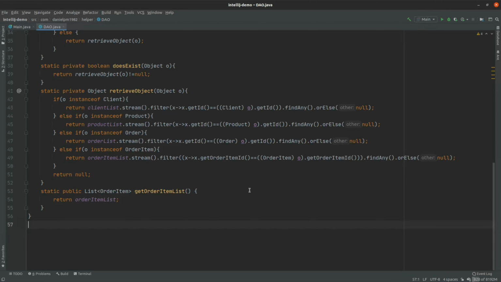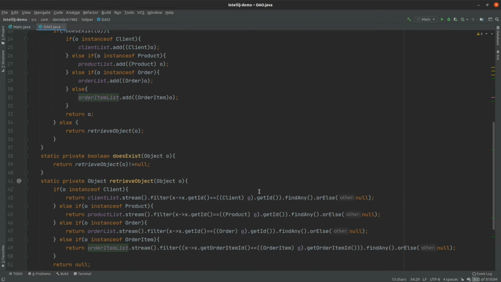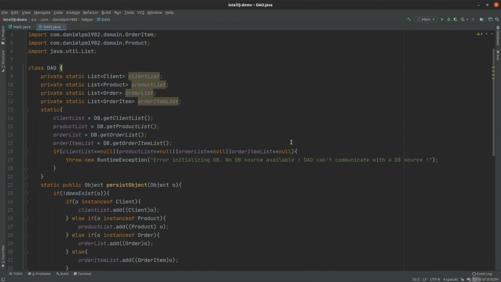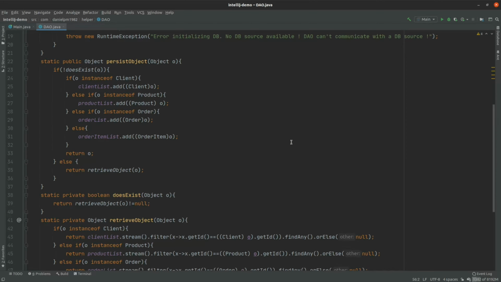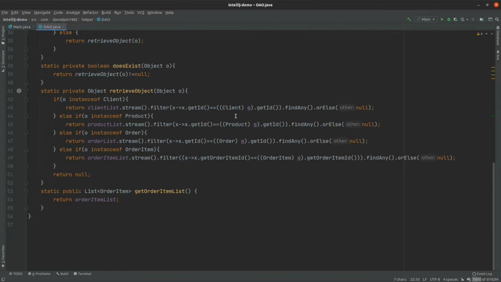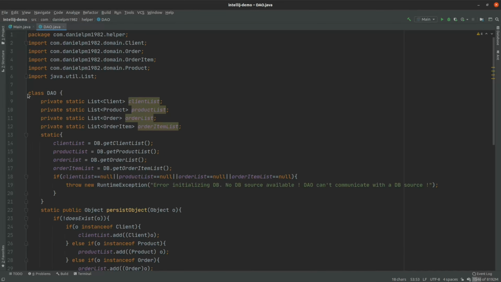But as it's a simple project, I'll return the reference itself for the DB order item list. So this is our DAO that simply offers a persist method and a get order item list method for any